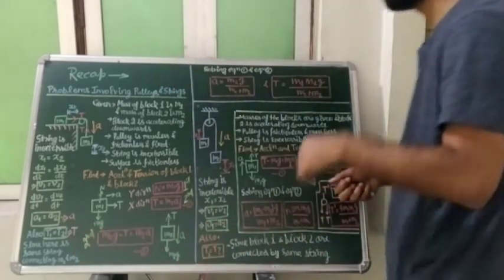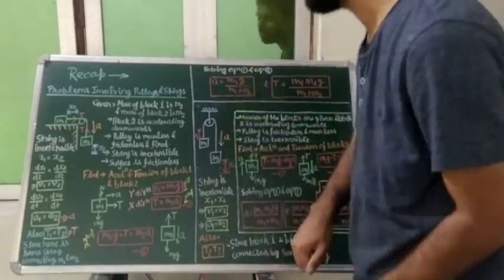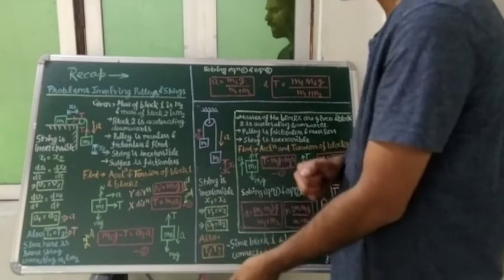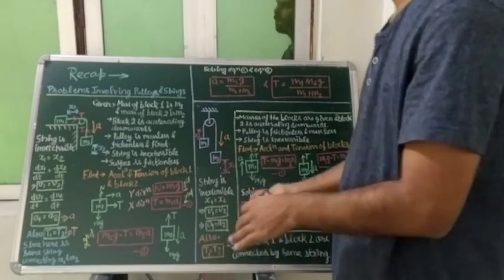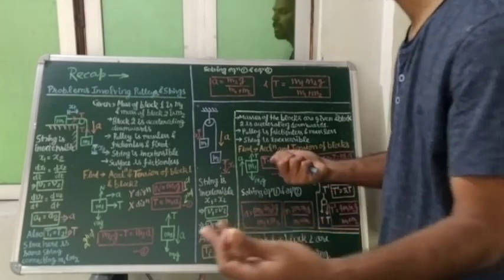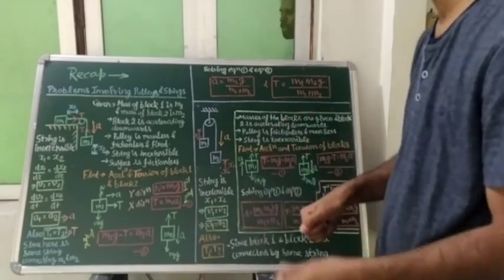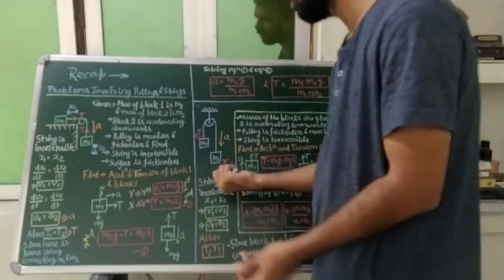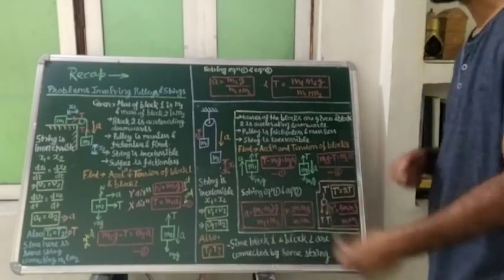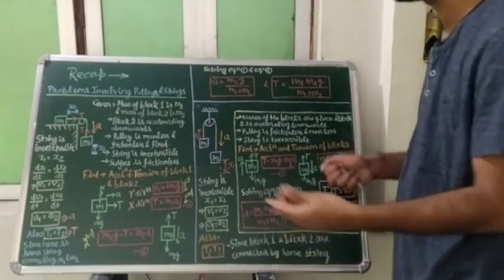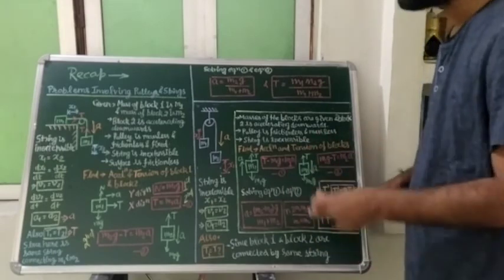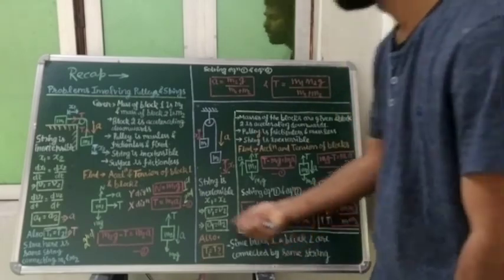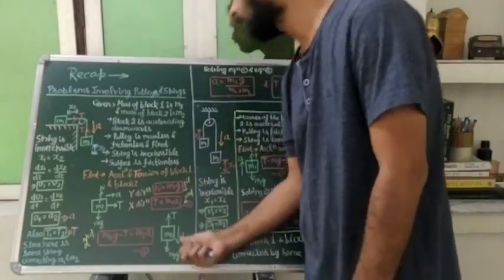Look, student, the first law is a consequence of the second law. When acceleration becomes zero, that means the body is not accelerating, so it will be either at rest or moving with constant velocity, so no external force will act on it, so the external force will be equal to zero. But if it is accelerating, whatever external forces are acting on that body, the sum of all those should be equal to what? Mass times the acceleration of the body. Please remember Newton's laws. So we will apply Newton's second law here since it is accelerating.